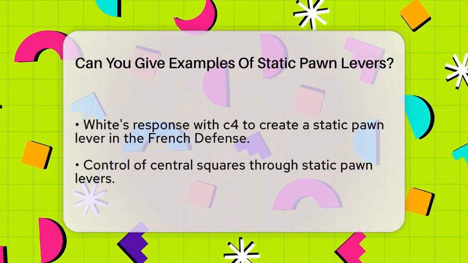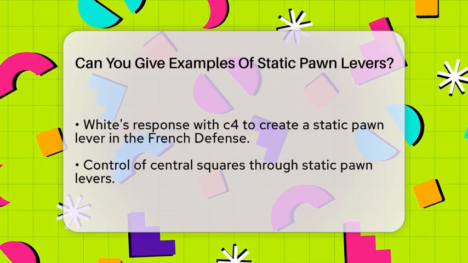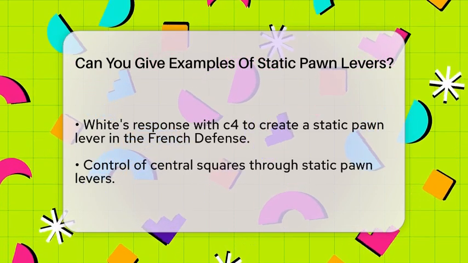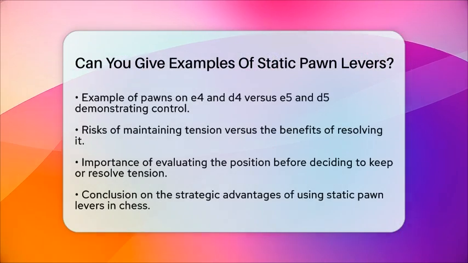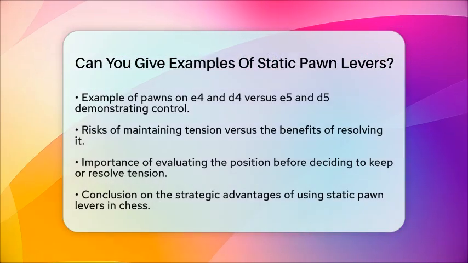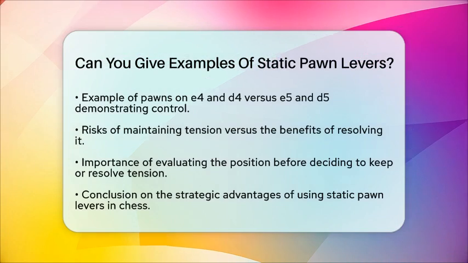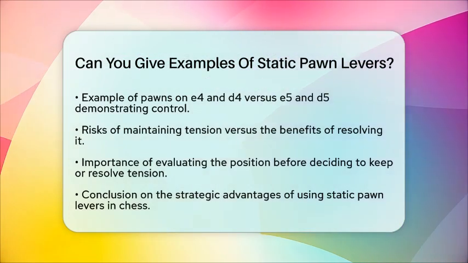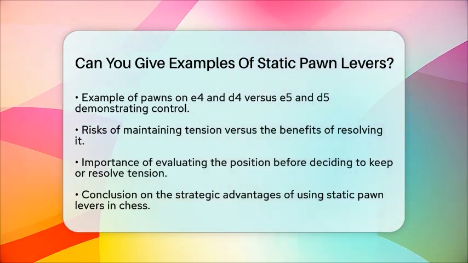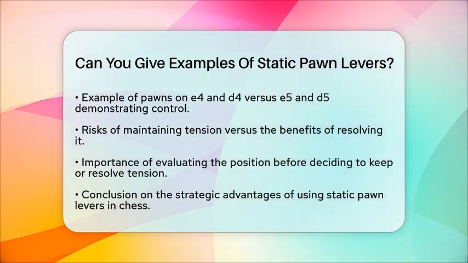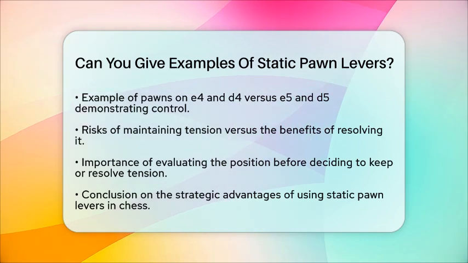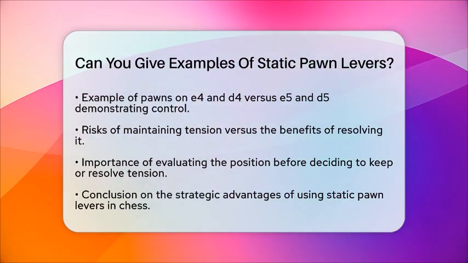active. When considering static pawn levers, it is essential to weigh the benefits of maintaining tension against the risks. If your opponent can safely exchange pawns and improve their structure, it might be better to resolve the tension. However, if keeping the tension allows you to prepare a strong initiative or limit your opponent's options, it could be